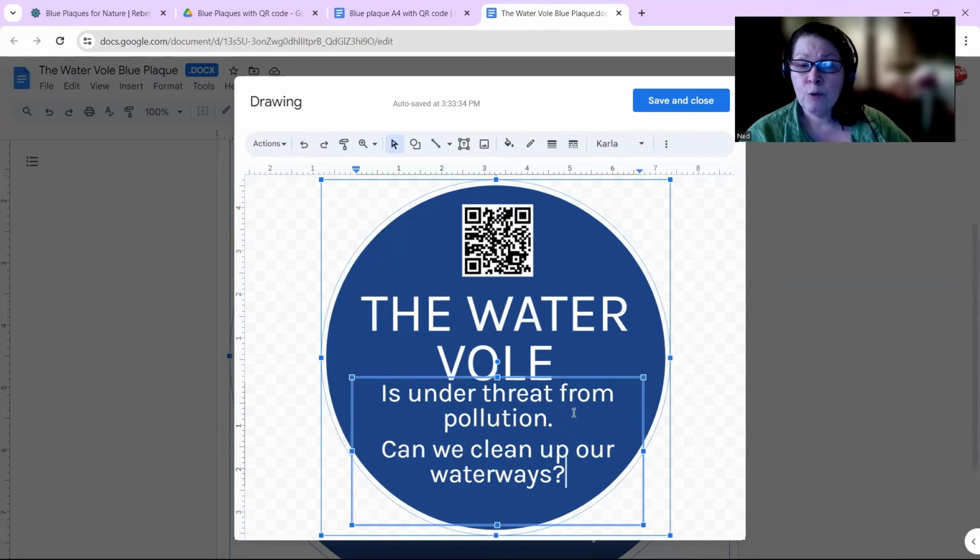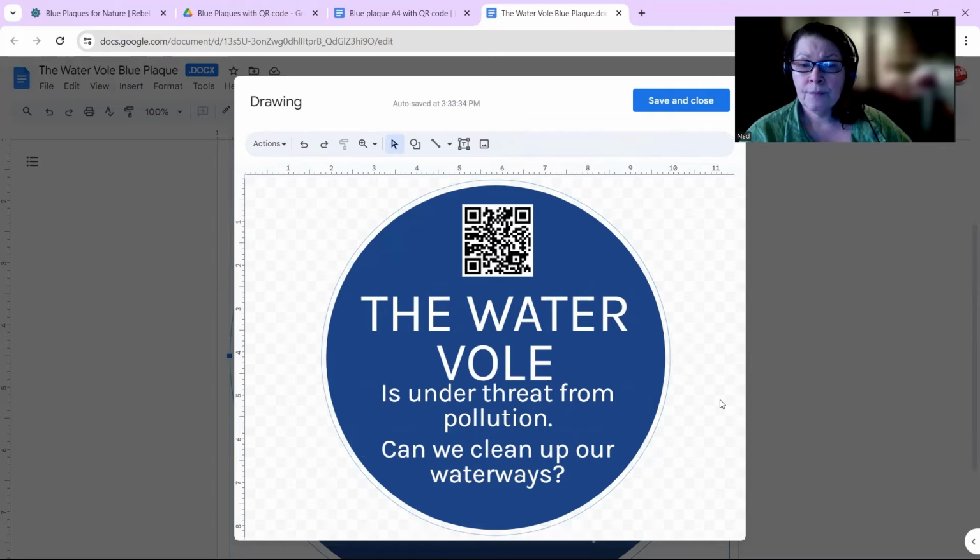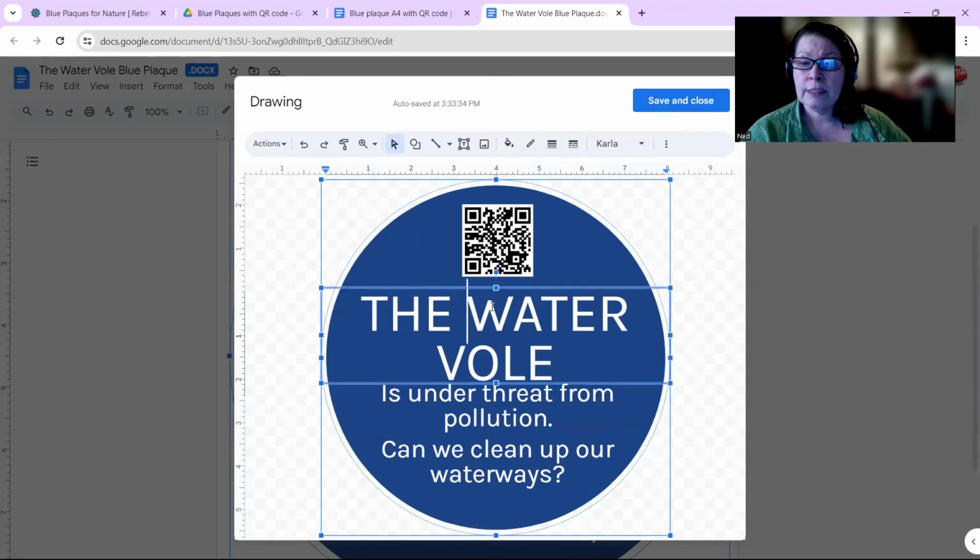When you're happy with what you've written, next you'll need to change this line spacing so that it's not so tight together. And the way that you do that is you click it into the first text box, go top right to the three dots, More,